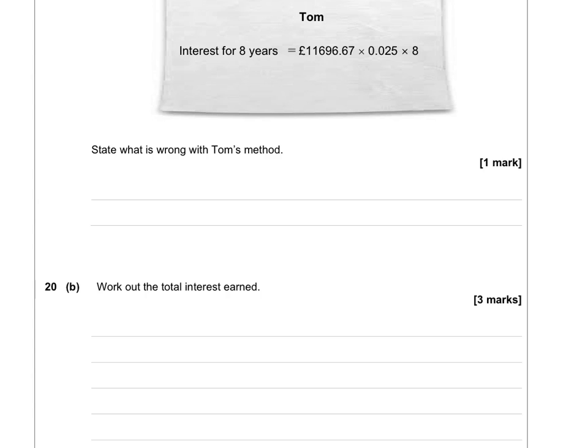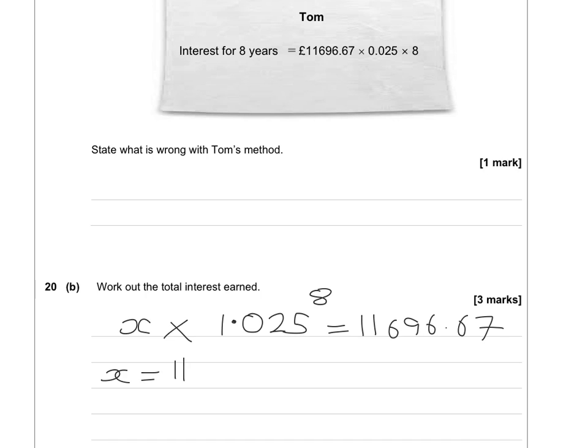We know that he started with a value of X pounds and he invested it at a rate of 2.5%, so our multiplier is 1.025, over a period of 8 years, and as a result he earned this amount of money. So to work out his starting amount of money, we have to do the final amount of money divided by 1.025 to the power of 8. This comes to